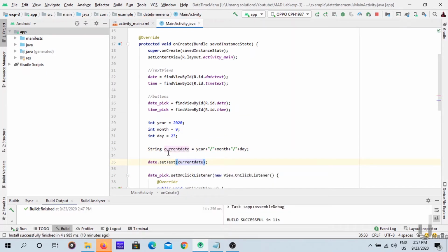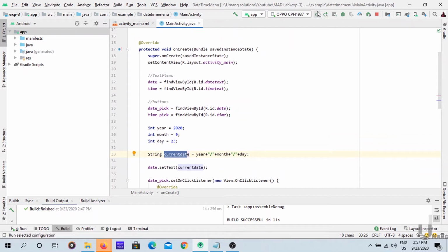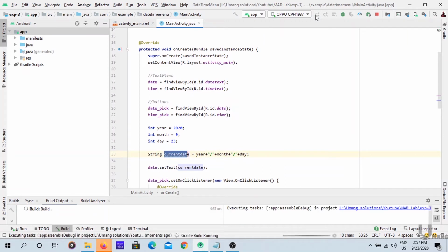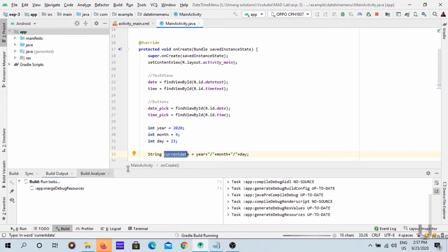Yeah, now this is our current date. I set the text. This is a string variable, so I can pass this current date variable to the set text method. So I will run my code. Meanwhile, I will share my screen.